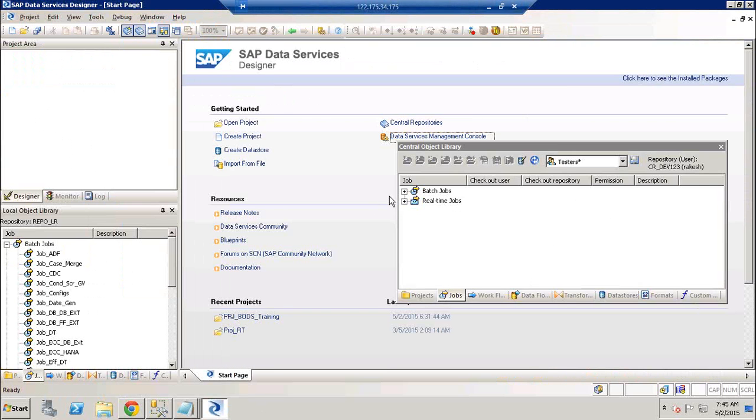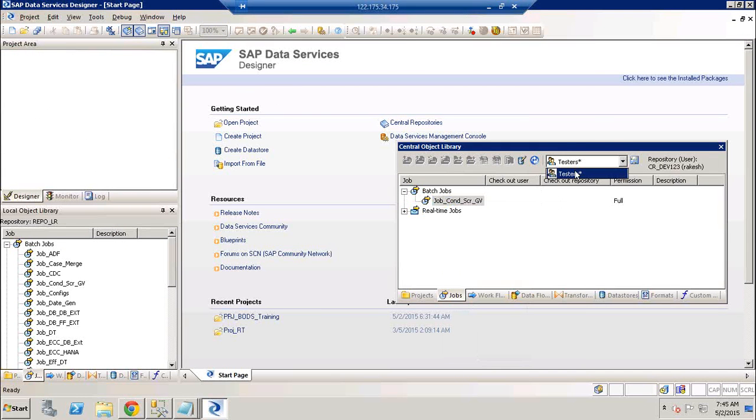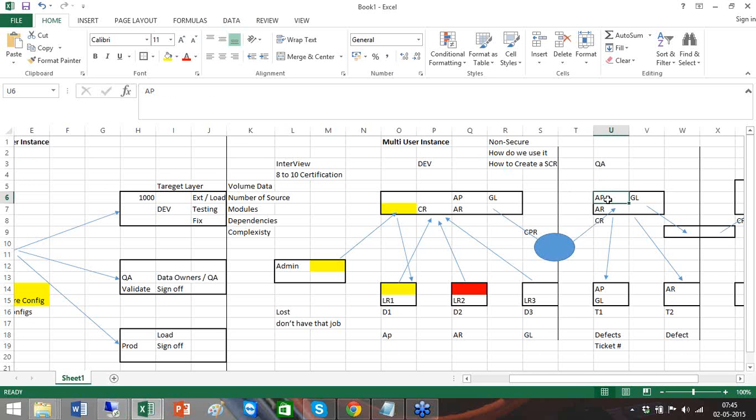Now if you see these options here, he will not have much permissions on this one. He cannot do a check-in, he cannot do a checkout, he cannot do an undo checkout. All he can do is get latest version, get by label, or look at the history and compare with the local object. He does not have the rest of the options, right? So you have something additional called permissions when you make it a secure central repository. I'll show it to you in a bit. But all he can do is this. Sorry, my bad throat. So he can get